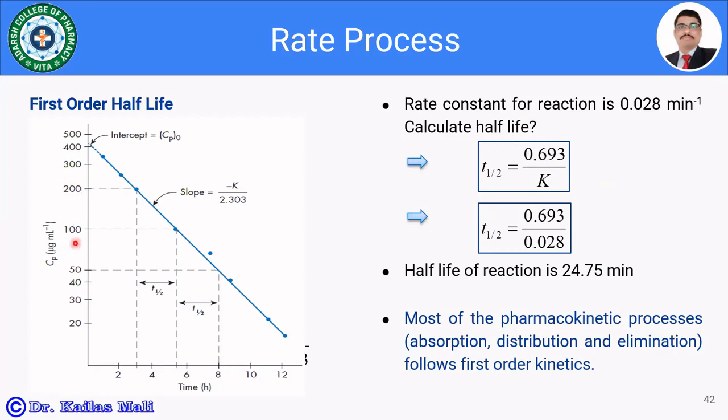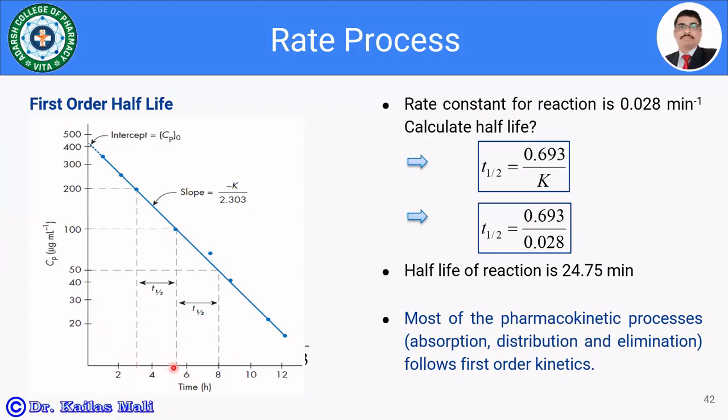So half of 200 becomes 100. Put a line parallel to the x-axis from the 200, which will intersect your data. Similarly, put a horizontal line from the 100, which will intersect the data, and then draw a line parallel to the y-axis, which will intersect the x-axis. So you will get the values for t, isn't it? And from these t values, that is, time values, it is possible to get an idea about the half-life.